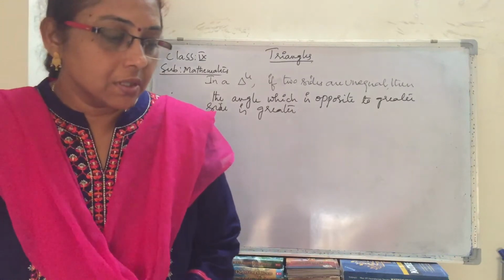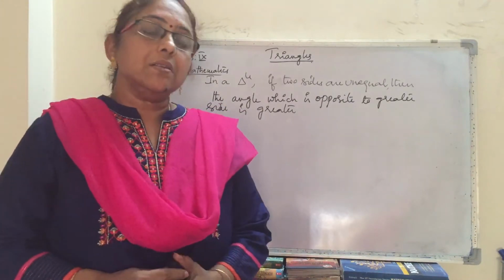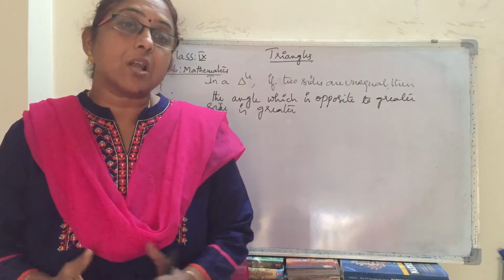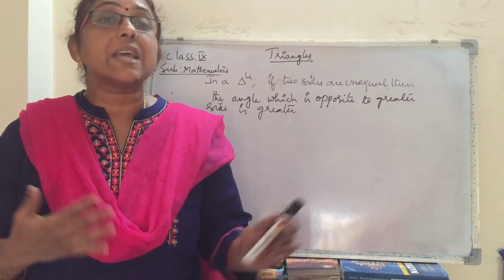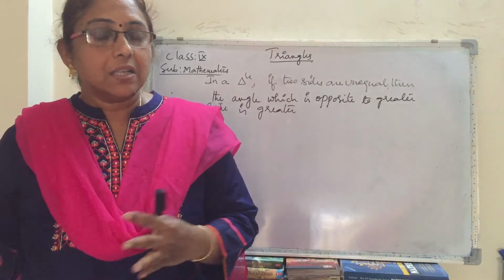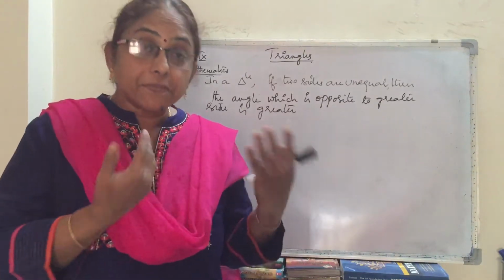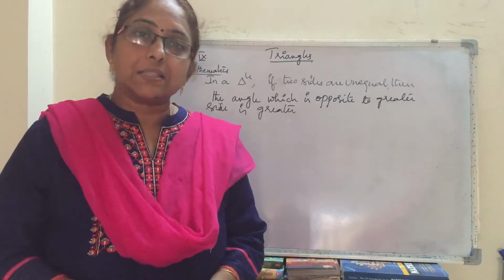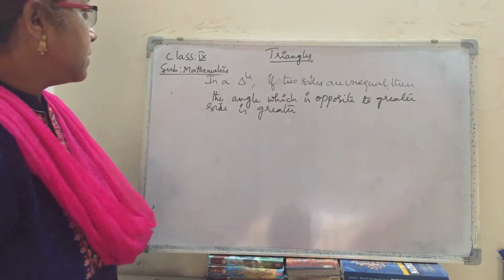Now, we will see what happens when two angles of a triangle are unequal, whether the sides which are opposite to them are also unequal. It means which side is greater. If two angles are unequal, the sides which are opposite to them are also unequal. If they are, which side is the greater side? So for all these questions, we will answer in the form of theorems. Let us prove this theorem.